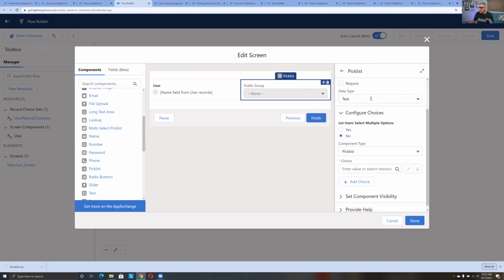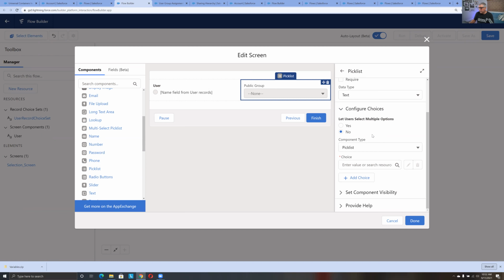And this is going to be data type text. We have to also determine what data type this field is going to capture. And here, by the way, we also get the choice whether multiple options are possible. So this is your multi-select pick list if you choose to use that. And again, we get the drop down of pick list and radio buttons to quickly change if we don't like